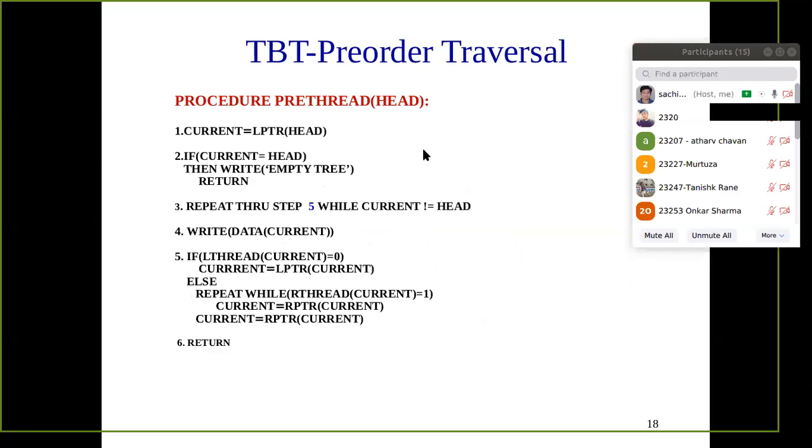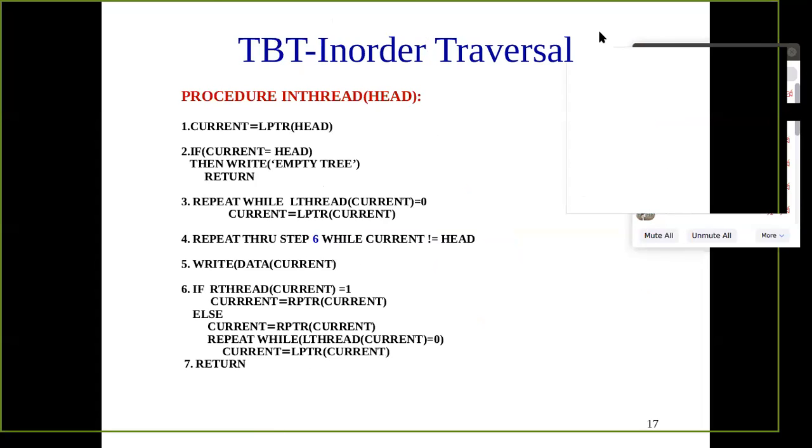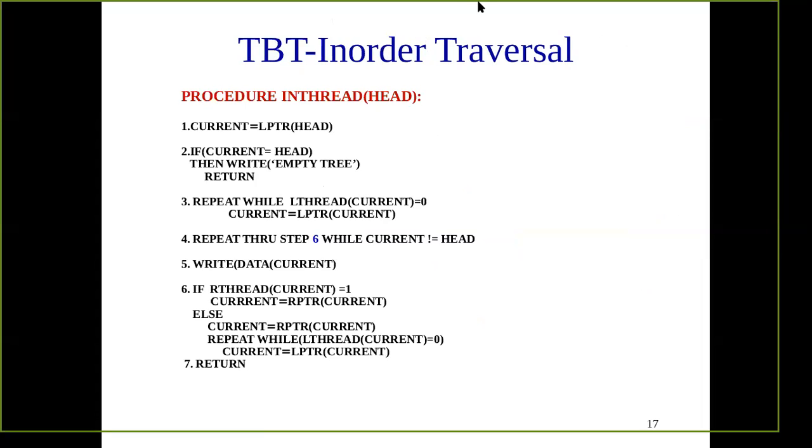So this is the algorithm, very much similar to the non-recursive traversal. Okay, so we'll start with this. Current is the pointer that we are using as a temporary pointer for moving purposes. So we are assigning left pointer of head. We have seen the structure of threaded binary tree. We are initially having the root node, which doesn't contain any data, and from the left of this, we are starting with our tree.